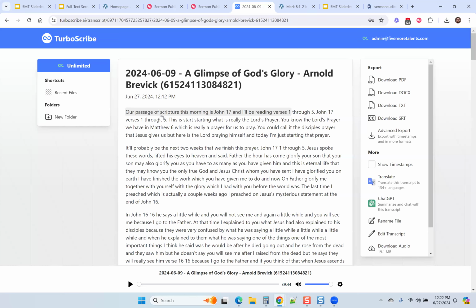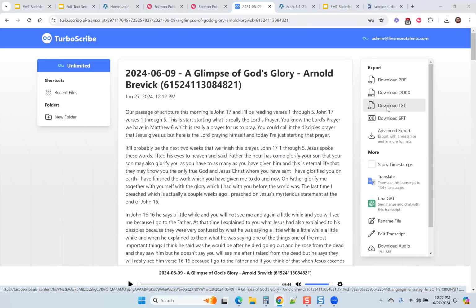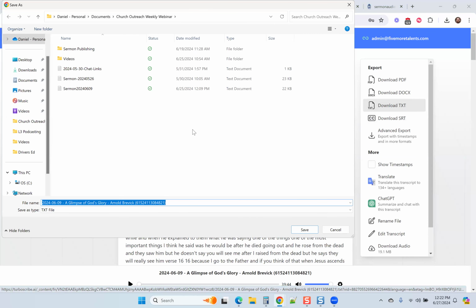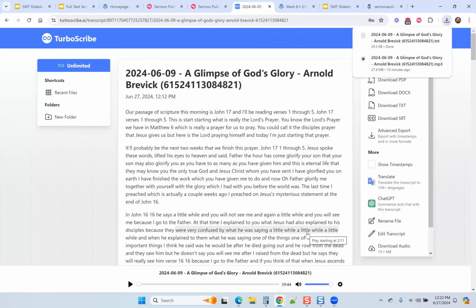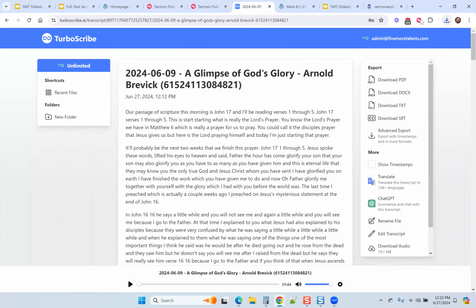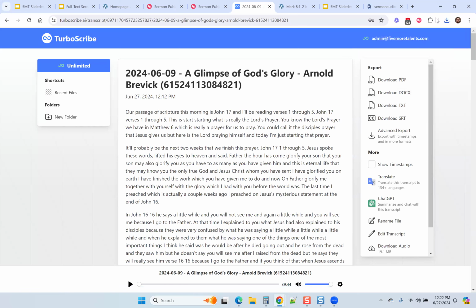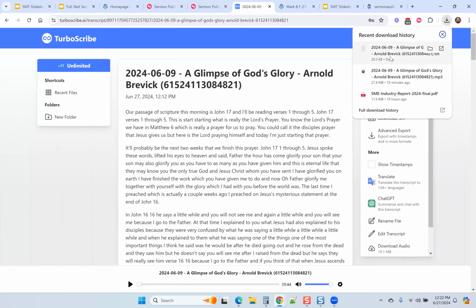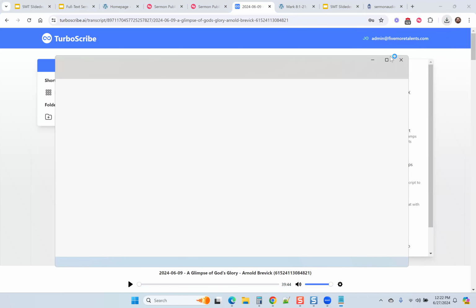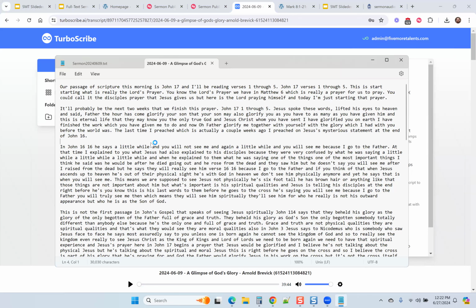So what you can do is download the text file. It gives you different formats: PDF, Word doc, but for what we're doing, the text file is good. Then you want to open it, just in your text editor is fine. All right, and then